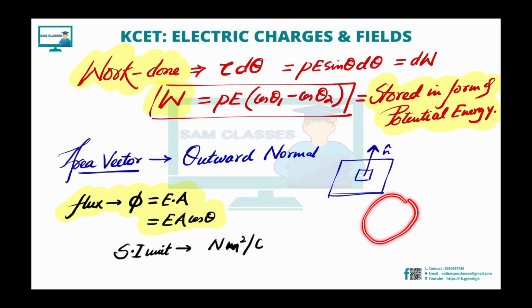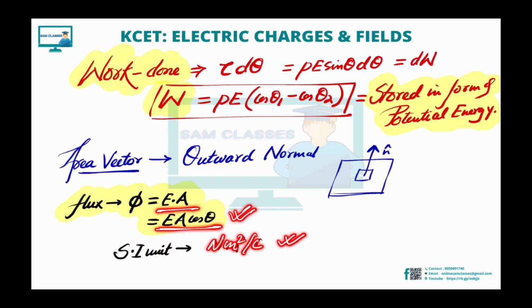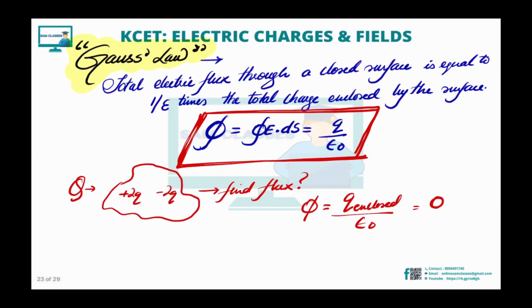Now, next is the area vector. The area vector is very simple to visualize for any kind of thing. What is the area vector? Outward normal. The normal or the perpendicular which is coming outside. Always keep it in mind for any kind of diagram. Let's say we have a cylinder. For this face, the outward normal is coming out this side. For this face, this side. Correct. For this part, the outward normal is up. Same. So flux is nothing but the number of field lines, and that is equal to E dot A, or EA cos theta. The unit of flux is what? Newton meter square per coulomb.